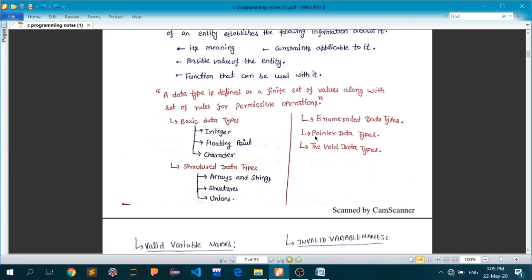So x will have a data type called int, and x is not actually holding the integer data, it is actually holding the address of the memory location where that particular data is stored. So the data type of the pointer, where x is the pointer, is the type of data that is being stored at the address being pointed to by the variable itself. And last but not the least, we have the void data type.